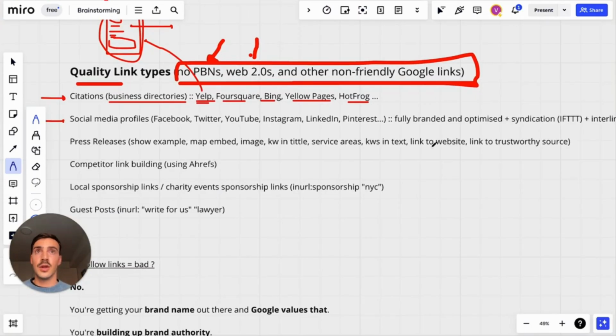Because if Google sees that, okay, this brand has all these social media profiles, they're getting likes, they're getting engagement because you are posting on those profiles, they're going to think, okay, so these guys are actually active on social media. That's very important, right? Let's boost them a bit, right? Google used to be just about links and all that, but now it's more about social, right? Because people are on social media. And if people interact and if you have these properties on social media, it is seen as a good signal